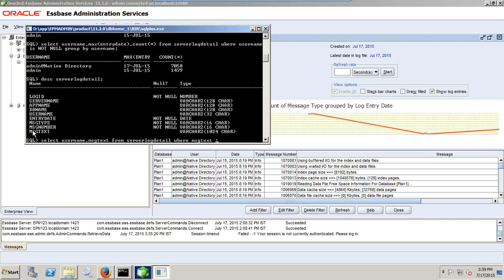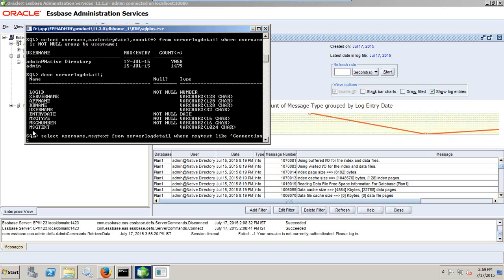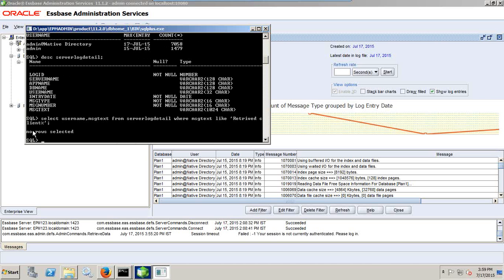message text like connection or retrieved client, retrieve client or the connection client. There are multiple messages. Let's see. I can apply distinct on message text from server log detail. So you have multiple options through which you can fetch the required data from the